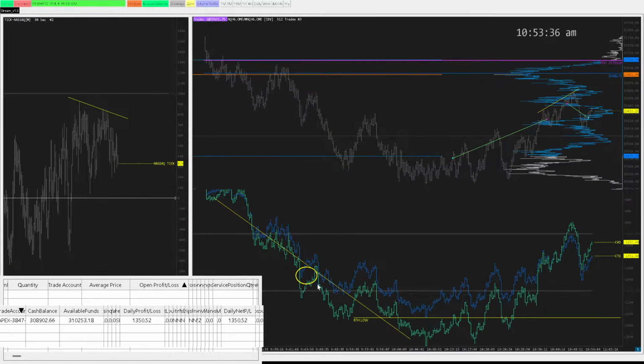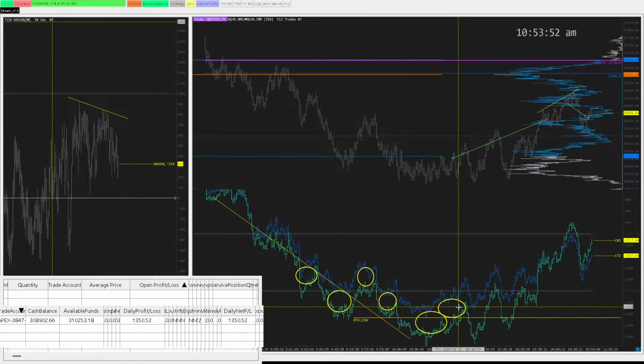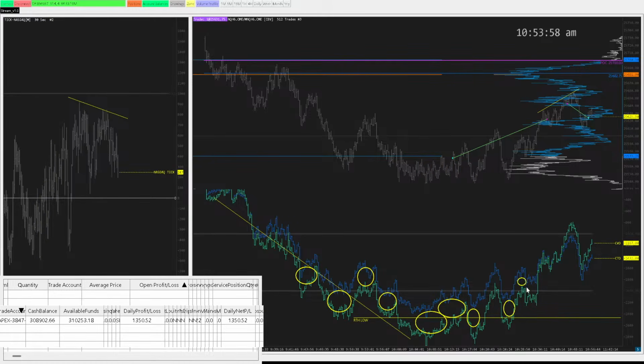These are the areas where I first noticed what I would call tangible separation between the two of them. Especially in areas like this, right? You can see how the separation gets bigger. Big separation here, here, a little bit